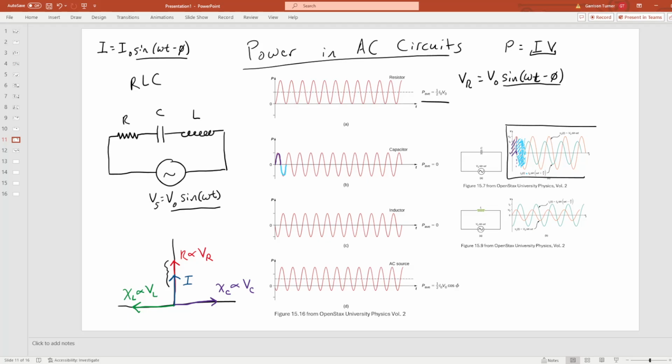So from that point to, let's see, to this point, is still going to be negative, and then beyond that point, right? Now in this region right here,